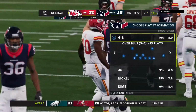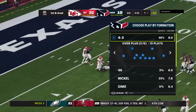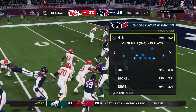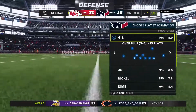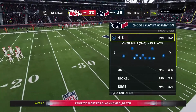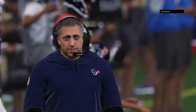Starting to look like this drive, it may be the final nail in the coffin. Well, this is why you work out so hard, right? This is why you spend all that time in the offseason. This is why you have those OTAs and mini camps for these situations, these scenarios, to run someone into the ground and secure a victory. So this one in the win column for